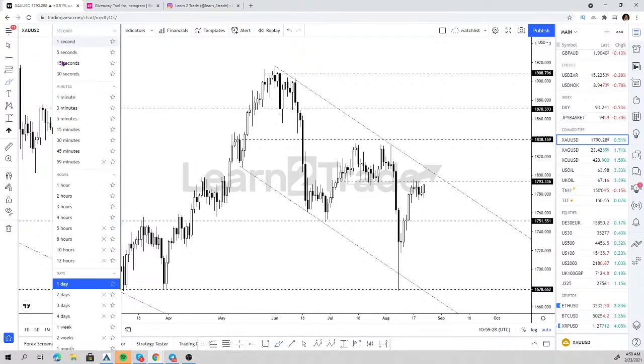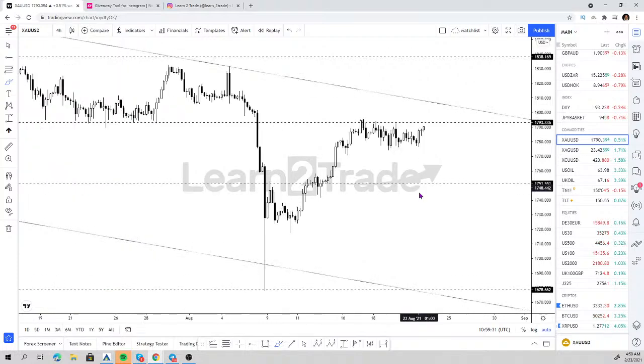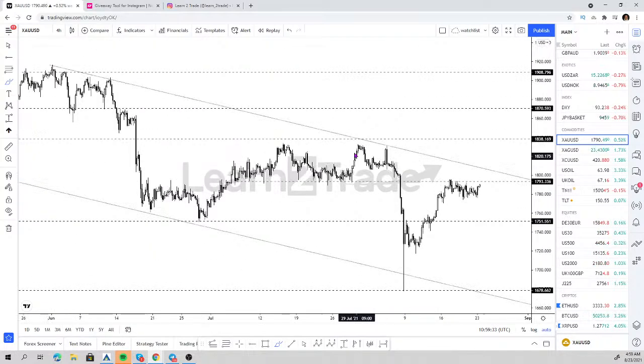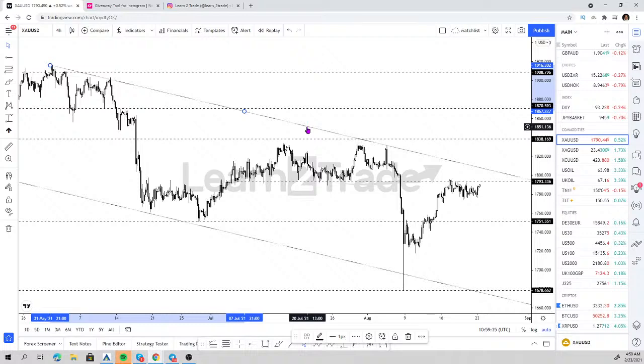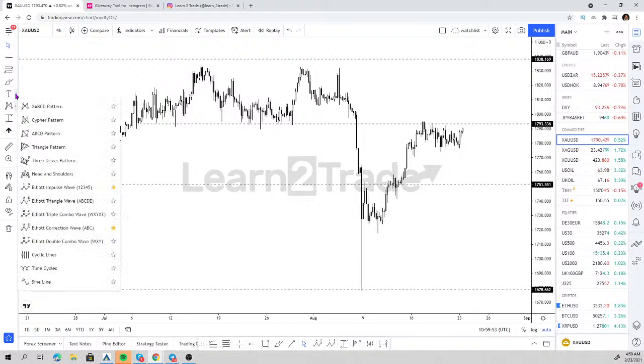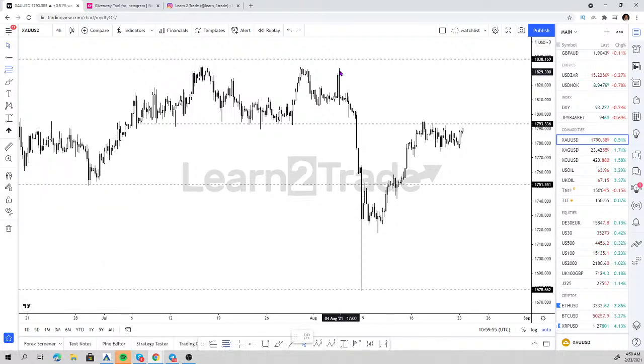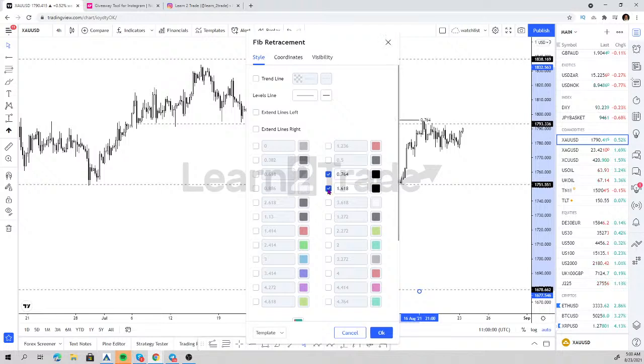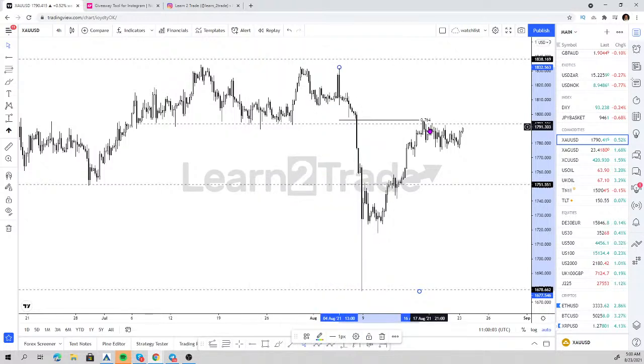If we look at the 4-hour chart, which is the chart that I'm looking for, I'm going to delete this actually. I hate it. For this trade, let's look at ratios. How much of this drop have we retraced back in gold? Let's have a look. Where is my Fibonacci? Oh, here it is. So we have retraced around the 76.4, we have retraced 76.4%.